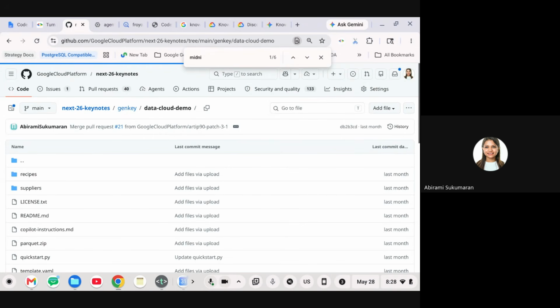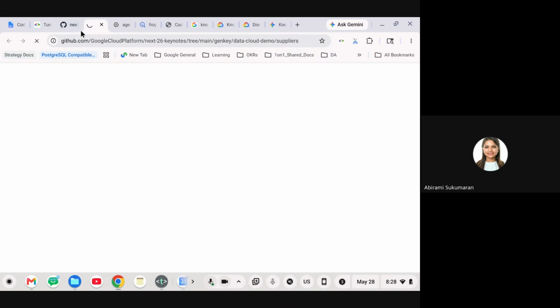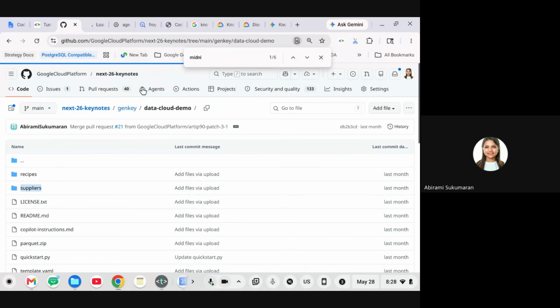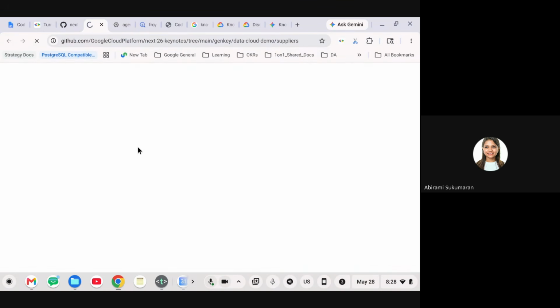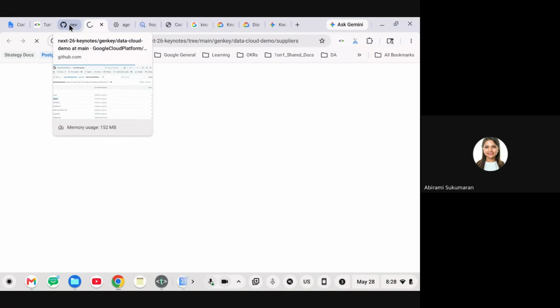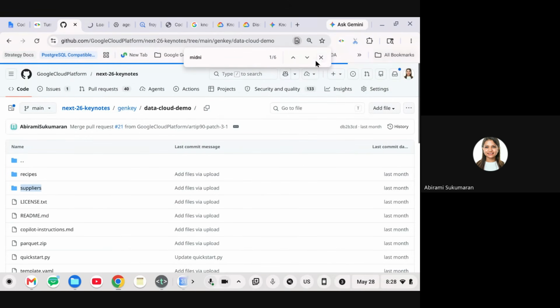So why am I talking about this particular one in specific? Because we need to take an example of something that has data that is shared across multiple PDFs. Just to demonstrate that use case, I'm taking this one in particular. There's no other reason. It's taking some time to load GitHub, so I'm just opening it in a new tab. I don't know what's going on. One second. Yeah, this one seems to have opened now.